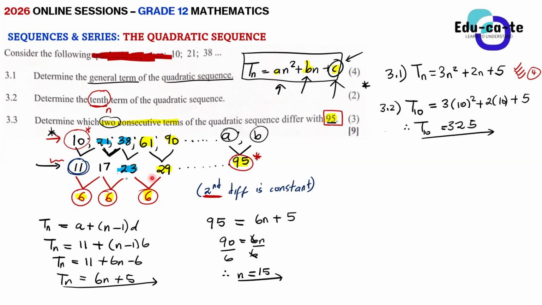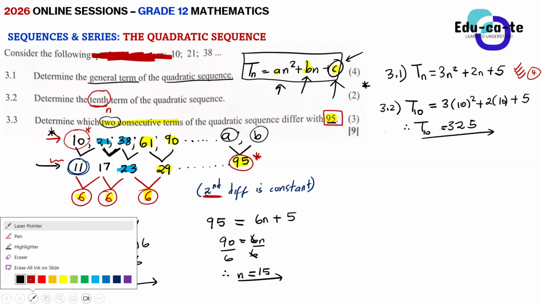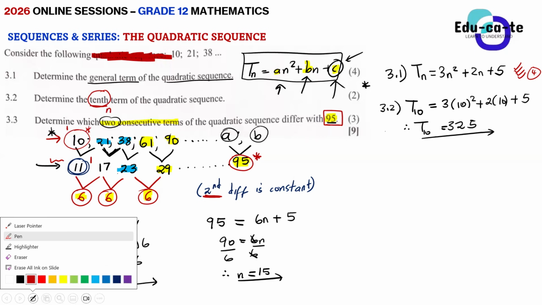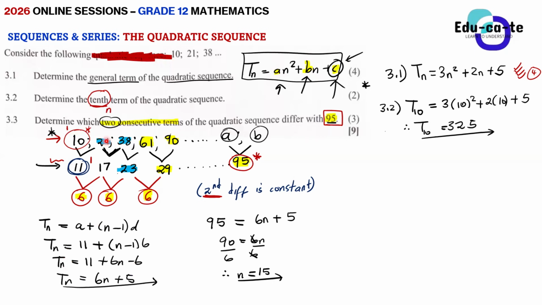The pattern. Yes, sir. So if n is equal to 1, position 1 of the first difference corresponds to this value here. I will repeat again. The difference between term 2 and term 1 gives you term 1. The difference between term 3 and term 2 gives you term 2. The difference between term 4 and term 3 gives you term 3. So do you see that we always get the lower term here?